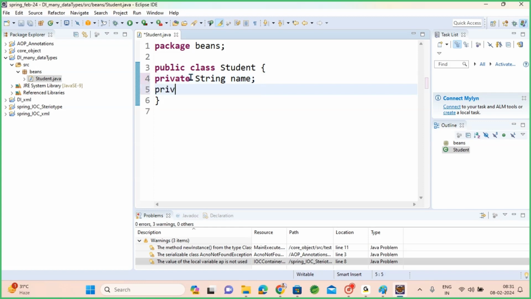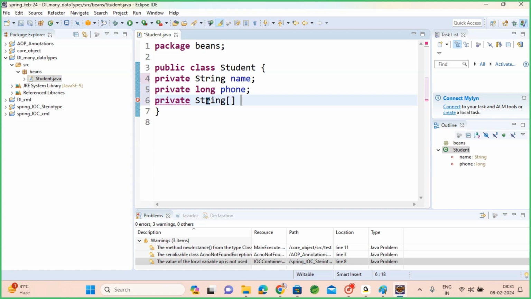So I'm giving name, private long phone number, multiple data types I'm using. Okay, so these are simple primitives, and you can use arrays also. String array of something, fruits,